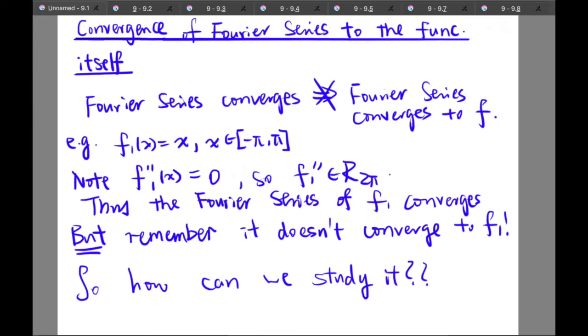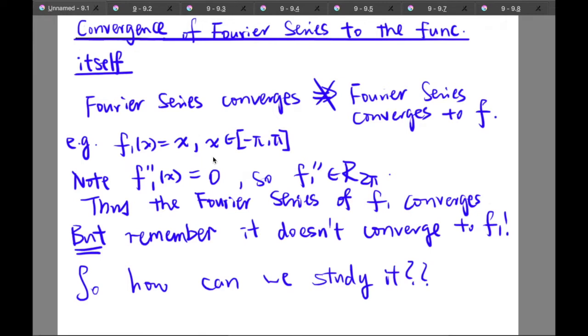Hi, in this video I'm going to talk about the convergence of Fourier series to the function itself. First of all, we should understand that if the Fourier series converges, it doesn't imply that the Fourier series indeed converges to f. For example, for the identity transformation f(x) equal to x for x inside the interval negative pi to pi,